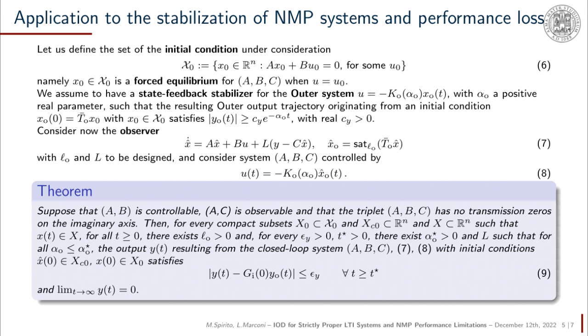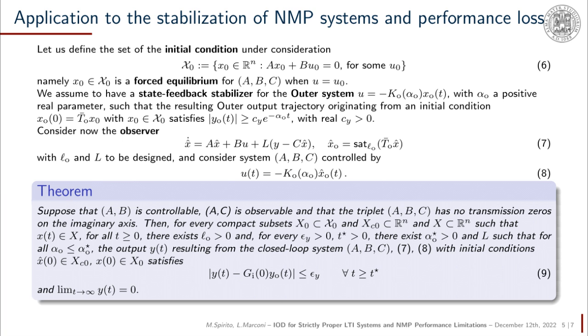Supposing that the original system ABC is controllable and observable, and the system has no transmission zeros on the imaginary axis, we can then design the controller parameters such as the saturation level, so that for every epsilon t star strictly larger than 0, there exists a parameter alpha O star, an injection term L for the observer, such that for all alpha O lower than alpha O star, the output